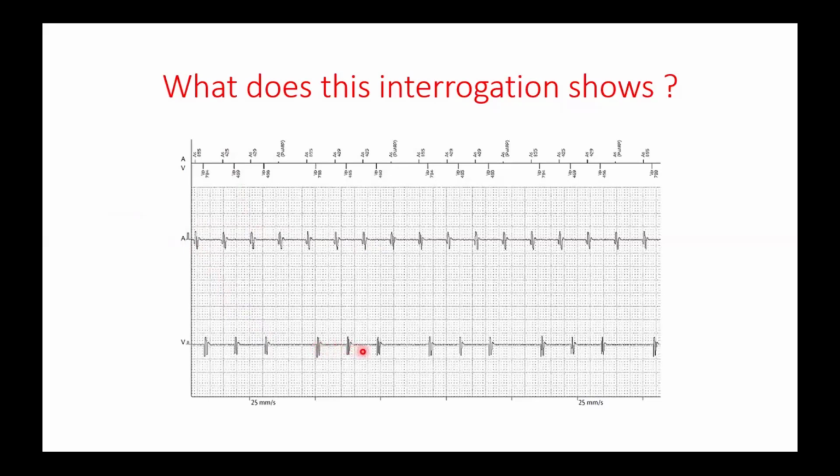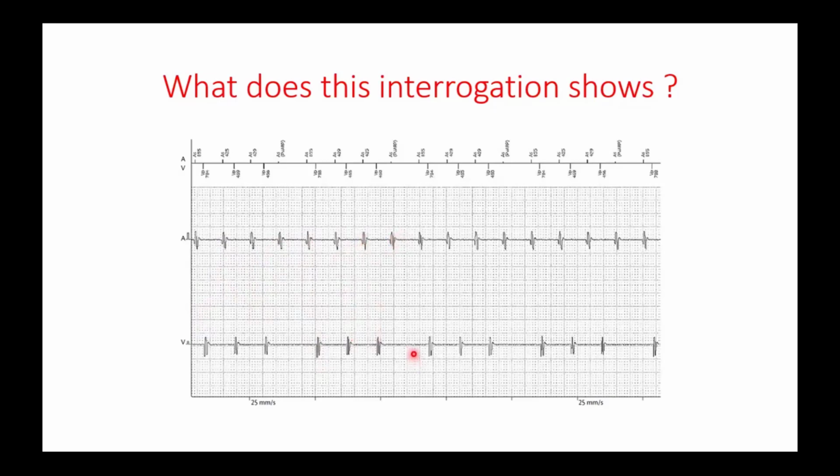Okay. The A followed by the V. The AV interval here, you can appreciate that it's about half a square. Here, it's about a big square. Here, it's a big square and one small square. So the AV interval is gradually prolonged. This is an A not followed by a V. And the A again followed by a short AV interval, and the AV interval is gradually prolonged till the A